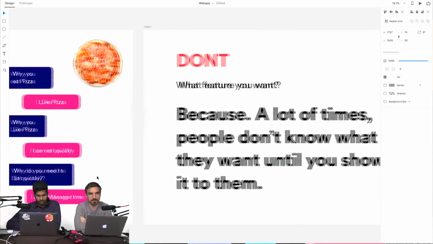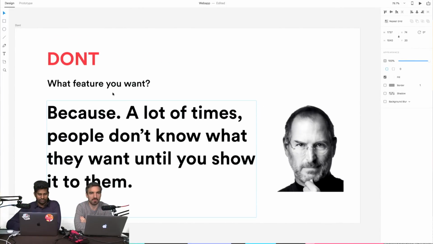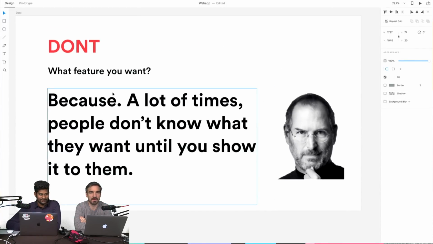So what you don't have to do is ask what feature they want. It's from Steve Jobs. I think I've seen this face before. You've seen this round-spectacled guy? You know him? I've seen him. He said, what feature do you want? A lot of the time people don't know what they want. We have to decide what they want, analyze the problem, and give them a result. I think his name is Steve Jobs. Okay, so this is the main thing.